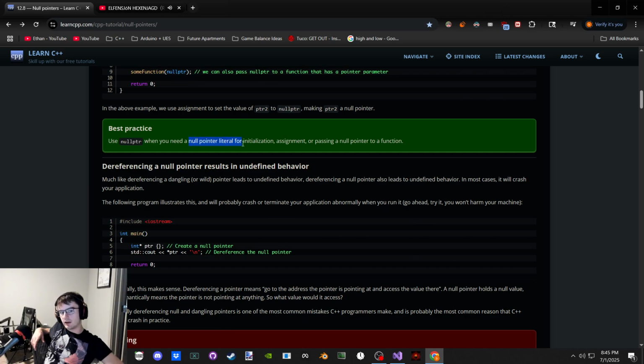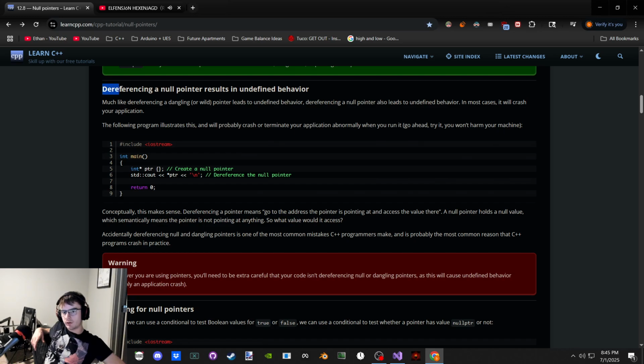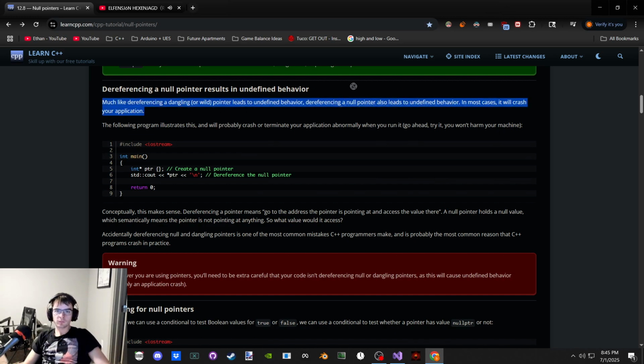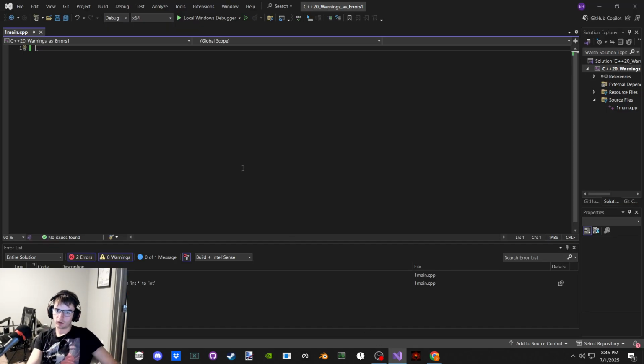This is when I need a null pointer literal, but maybe it makes sense to just do this. Dereferencing a null pointer? Yeah, have fun, buddy. A wild pointer leads to undefined behavior because we don't know what it's pointing to. Even dereferencing a null pointer is undefined. And I guess that's why they said that dangling wild pointers can often lead to undefined behavior, because it might be the case that it's already set to null. I guess that's what we could do. We could say...